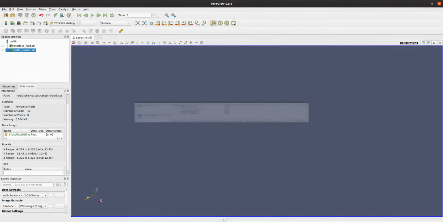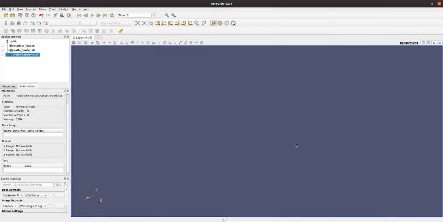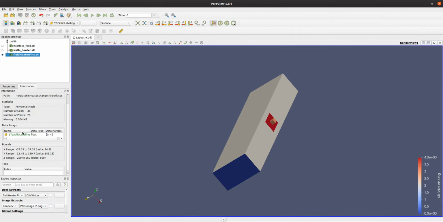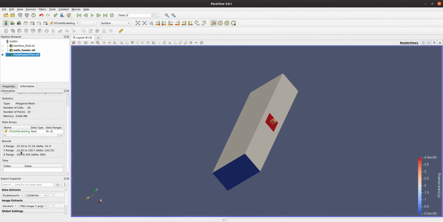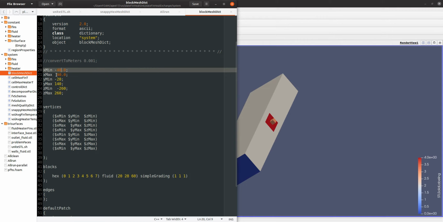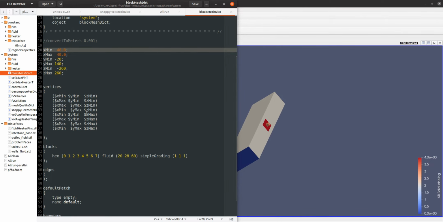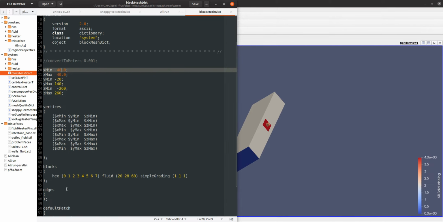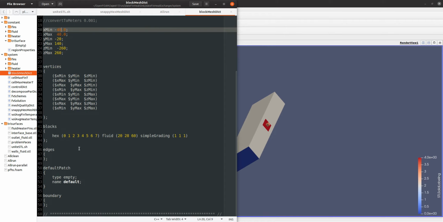For example, in this case, we can see the bounding box for the whole region for X, Y, and Z, and we need to be a little bit larger than this bounding box so that this region is inside the main mesh. So it is pretty straightforward, a simple block mesh that will act as a background mesh.